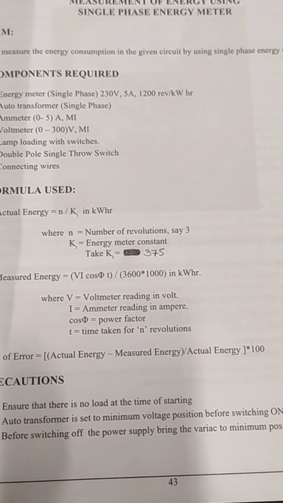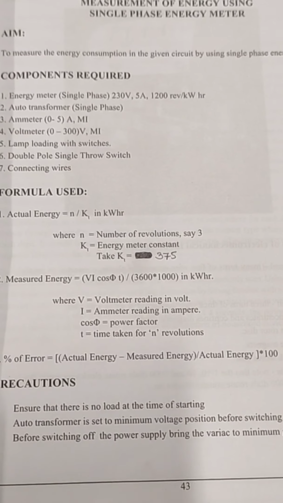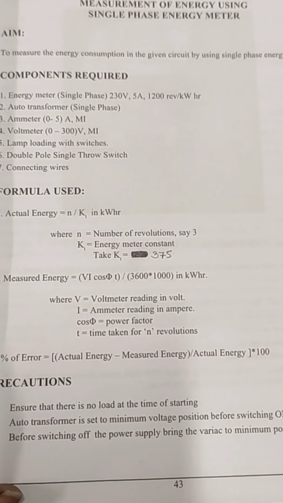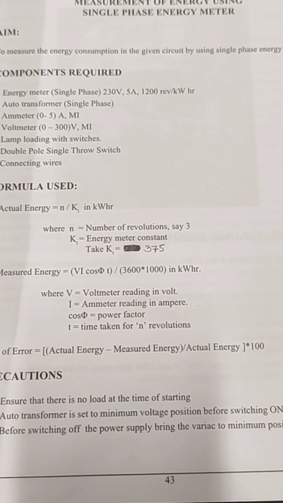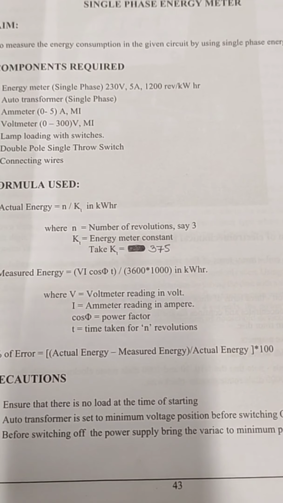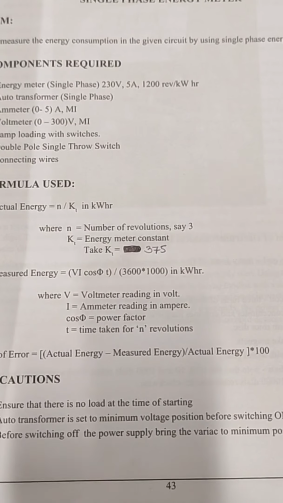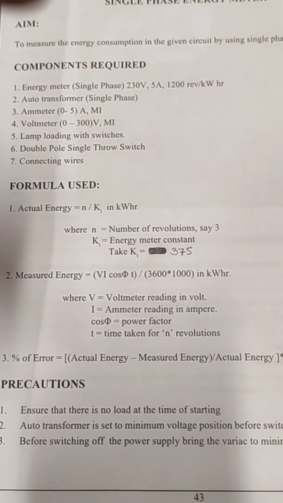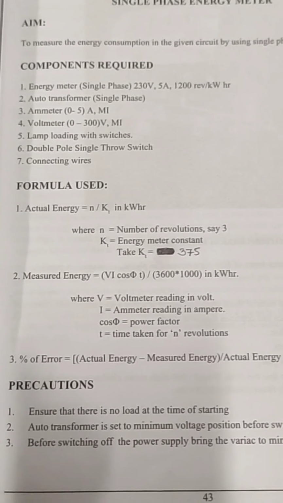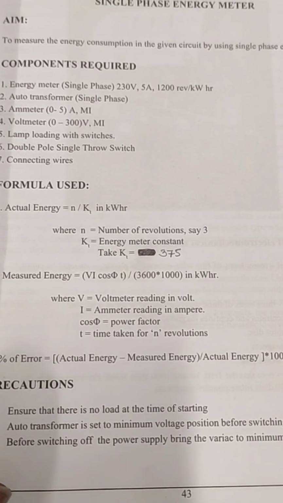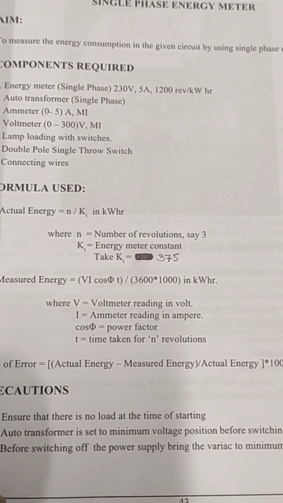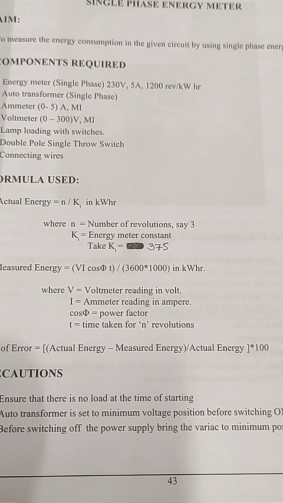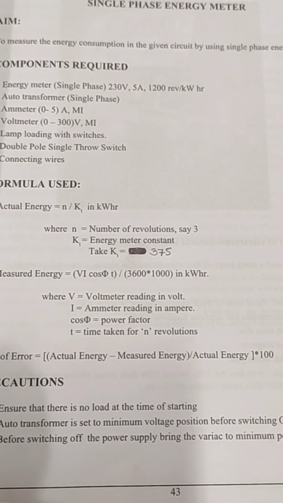We all know, before going to know about energy, we must know the definition of energy. Before knowing about energy, you must know about power. To know power, again you must know about current flow. So we have a basic definition for voltage, current, energy as well as power. These are all said to be electrical parameters.